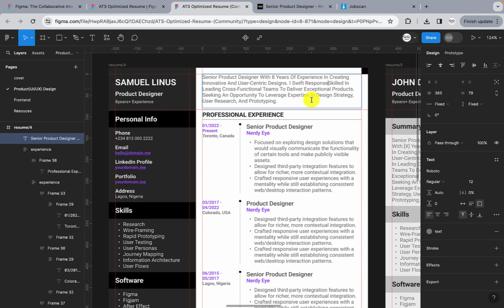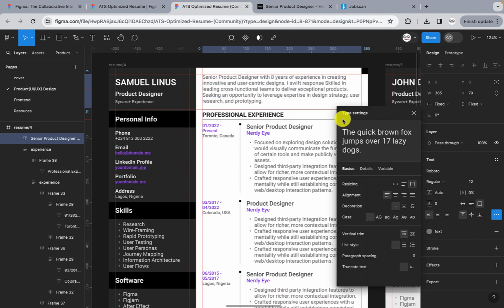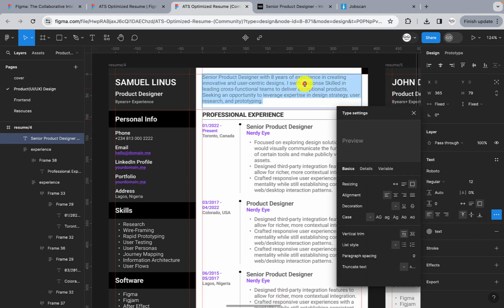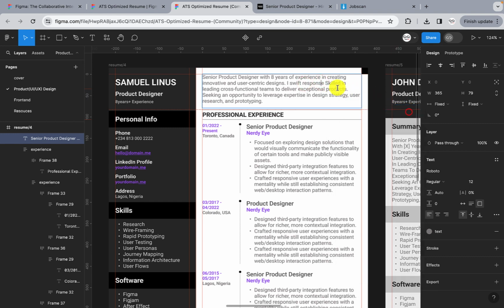I'm just typing anything I like. I have Swift response, right? Let me change this typography to this. Okay, I have Swift response with. So you see, because I wanted to add our keyword, it is Swift with meeting deadlines. All right, so you don't use my own English, because with meeting deadlines, comma, let's go and say